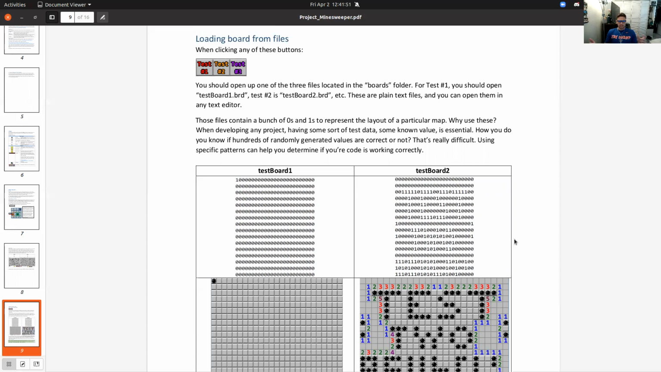So it has a bunch of ones and zeros, and not even in the sense of binary, but actual ones and zeros that are typed up within the document. So you can open those up and take a look at them. But all the ones are going to basically represent mines, and all the zeros are going to represent just blank tiles. Okay,